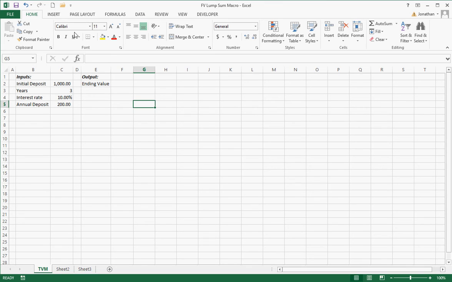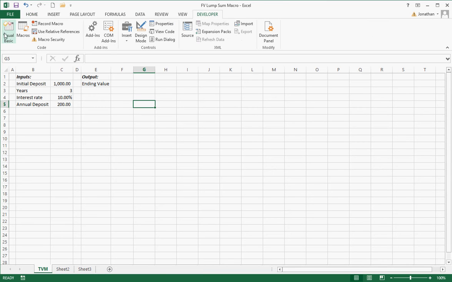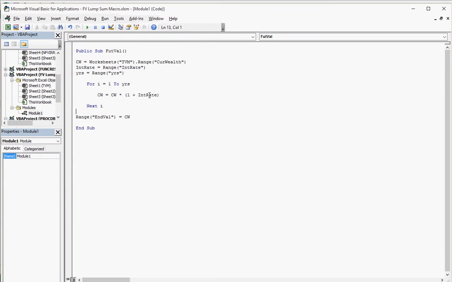So now I go over to the Developer tab. And of course, it's easier for you to do Alt F11. And what do I need to change about this? Well, I need to say right here, my inputs have another input. My initial deposit is equal to range